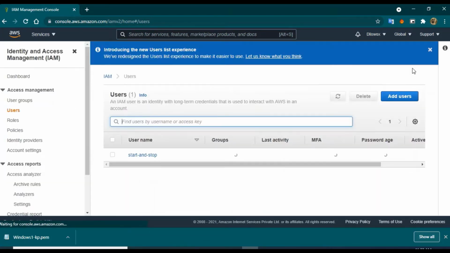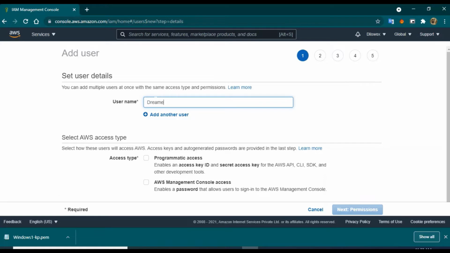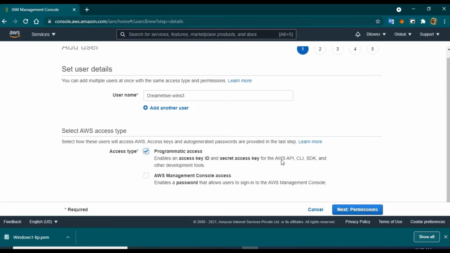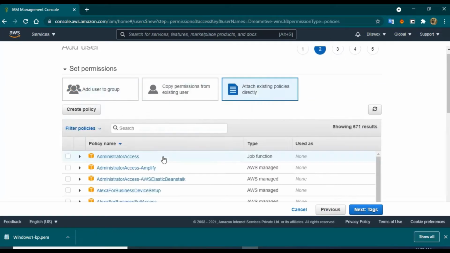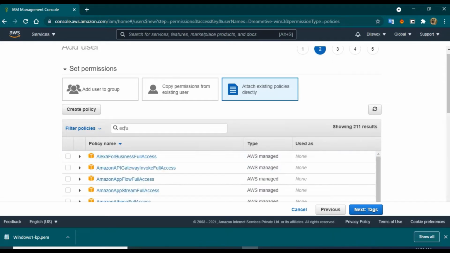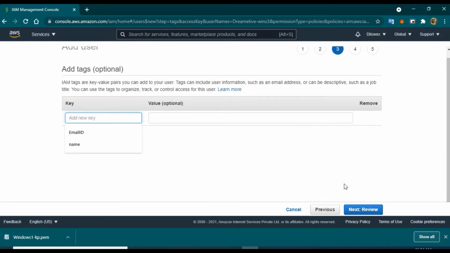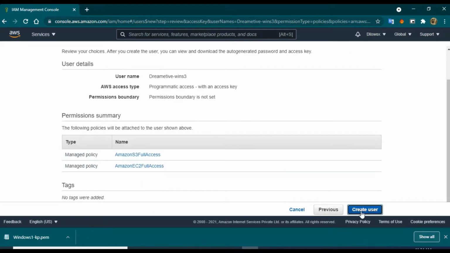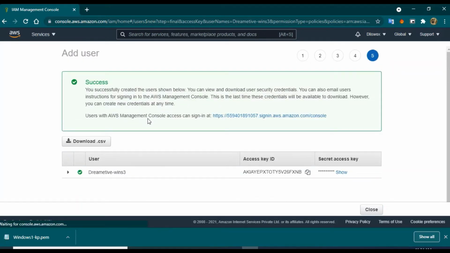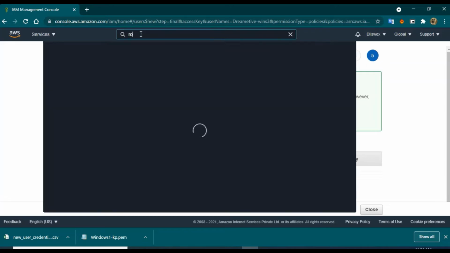and that user I will name as Drumate Wednesday. And here attach existing policy. I'll give two policies, that is S3 full access and EC2 full access. And since I require an access key and secret access key to mount S3, I need this permission. And now I have downloaded the CSV file in the name of Drumate Windows S3,